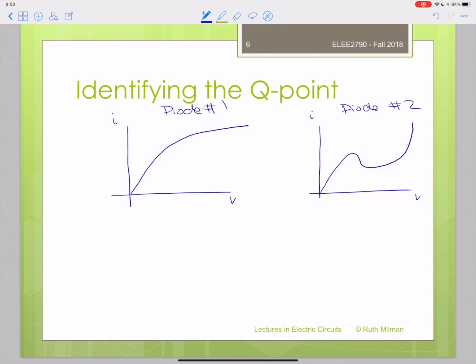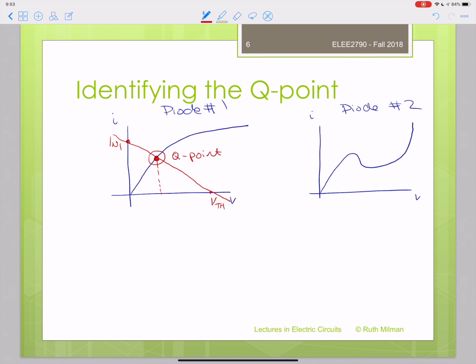So with a diode, you have a nonlinear graph. The graph shows what happens, and if you want to identify what happens to the diode, you have to understand the circuit you attach it to. Let's say we attach each of these two diodes to circuit number 1, in which we have Norton current number 1 and Thevenin voltage number 2. We draw the line that connects these together. That's the linear characteristic of our circuit. We identify the Q point,